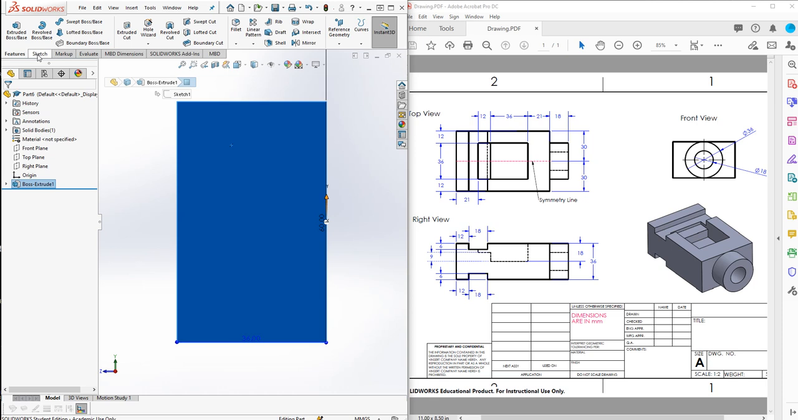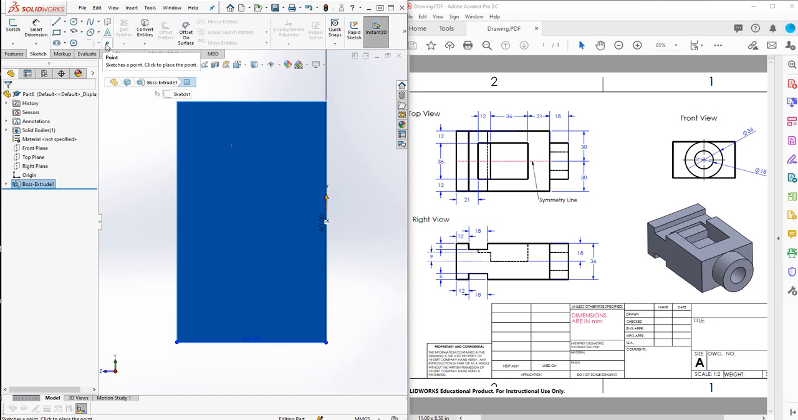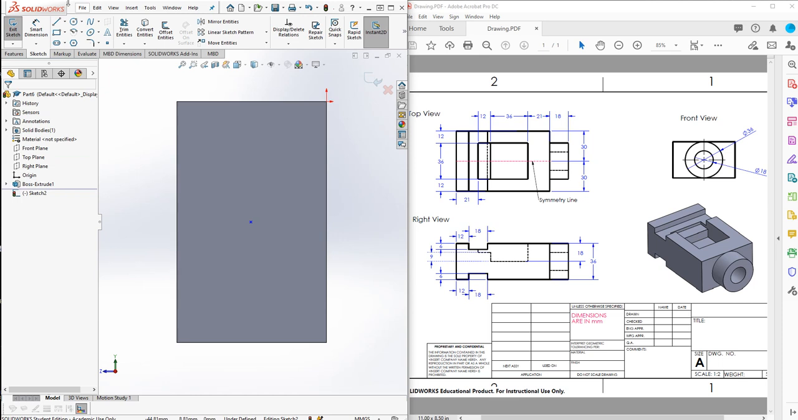So click on a sketch and select point. If I move my mouse cursor, I can find this point. This point is the midpoint of the left edge. Now I move my mouse cursor, and for example, I'm gonna click here an arbitrary point, for example here, and then